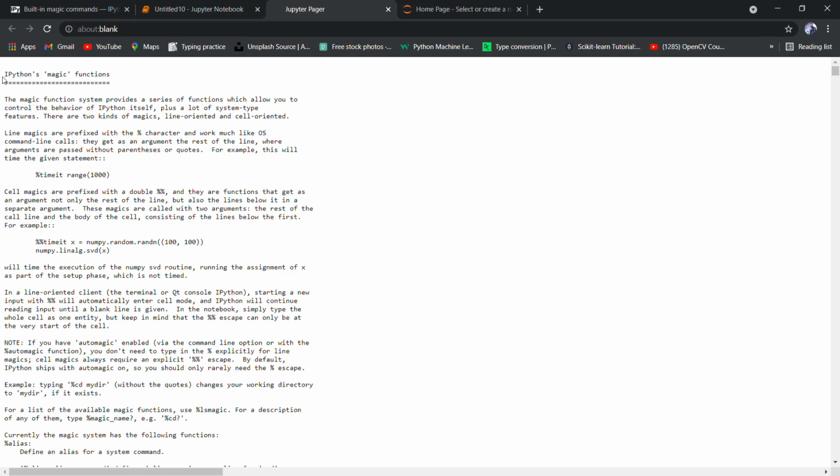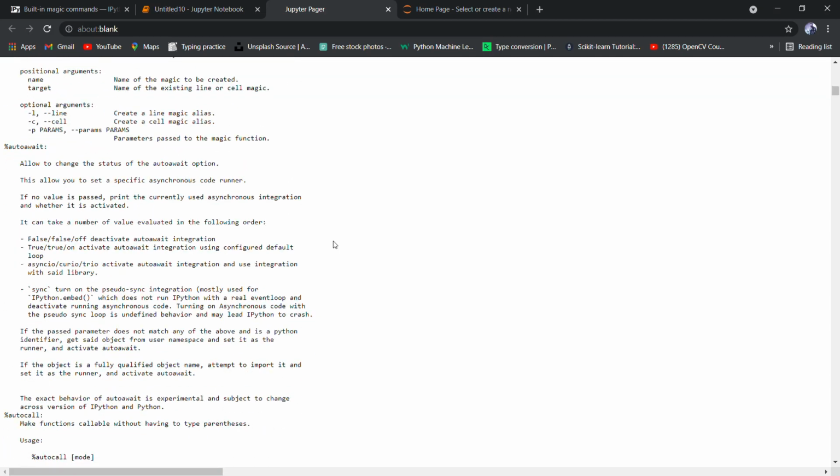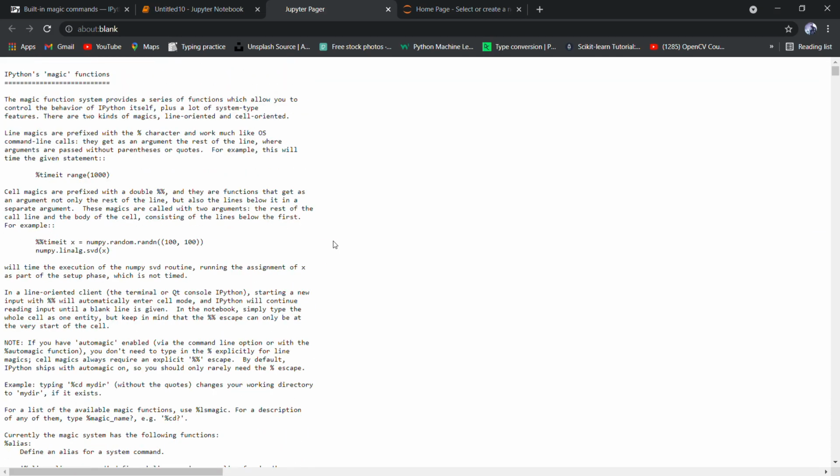So here we can see that we get a docstring of IPython's magic functions. It contains all the line and cell magic functions, just like in the official documentation on the website.